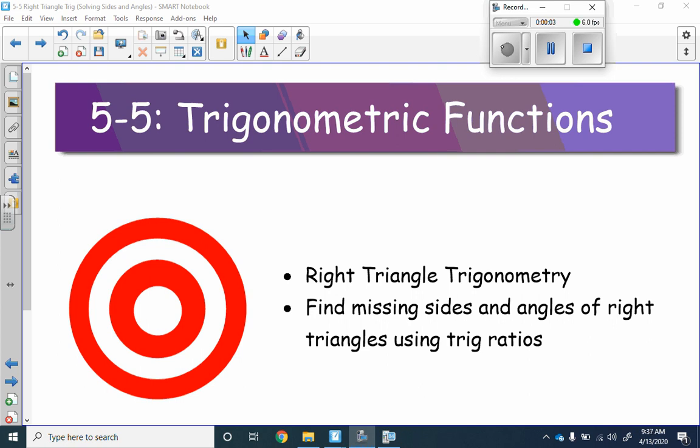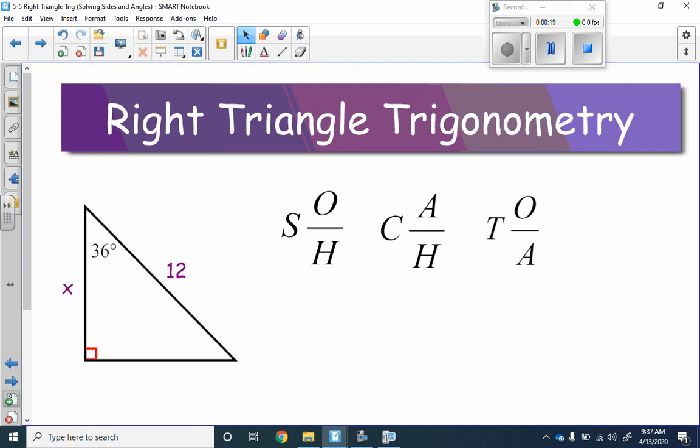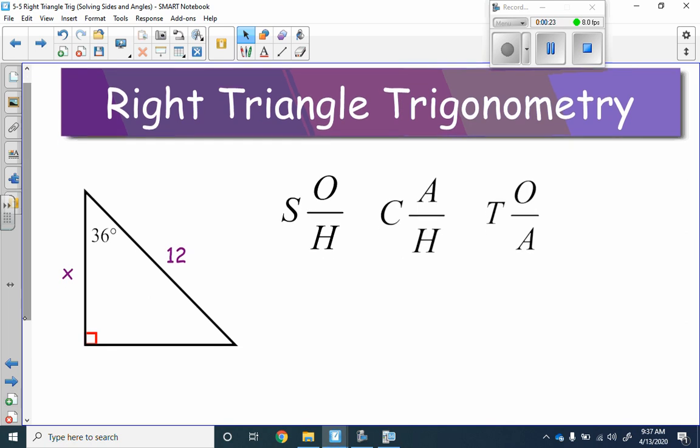5-5. We're going to take a look at our trig functions once again, those trig ratios that we talked about just the other day with sine, cosine, tangent, and now we are going to use them to help us find the missing sides and angles of right triangles. So, if I was with you guys in class right now, I'd sit here and say, do you remember how to do this? But I'm just going to go right ahead into the instruction and then have you guys practice a